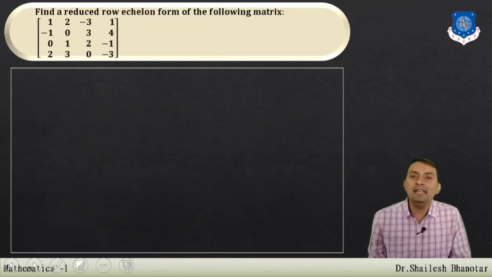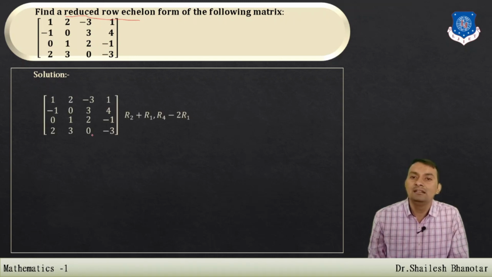So let us understand the reduced row echelon form of the following matrix. This is the given matrix. I am just finding the reduced row echelon form of the given matrix. So for that, this is the first matrix A. What I'm going to do is first take the entry that is non-zero,